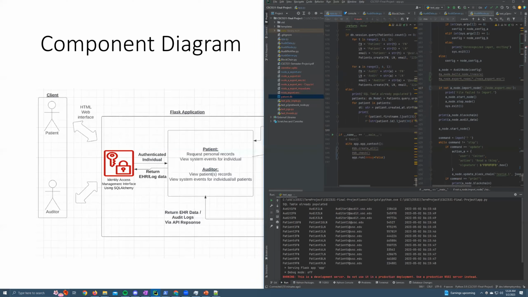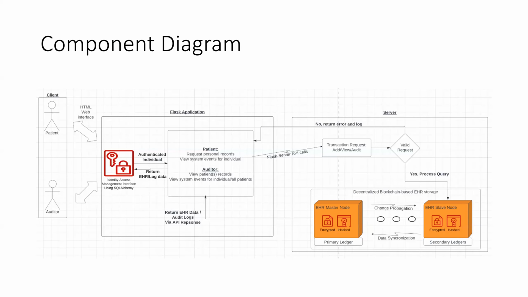Another use case would be a user successfully logs in, and our Flask goes ahead and renders one of two database templates, either a user dashboard or an auditor dashboard. The patient dashboard allows the user to create, delete, modify, print, copy, or query their own EHR data. Similarly, the auditor dashboard only allows for two commands, which is to query all of the EHR data, all of the records that would be basically all the leaf nodes within our blockchain, as well as a specific user query